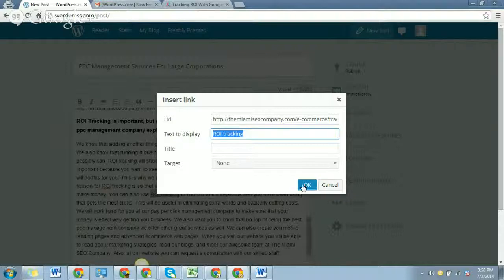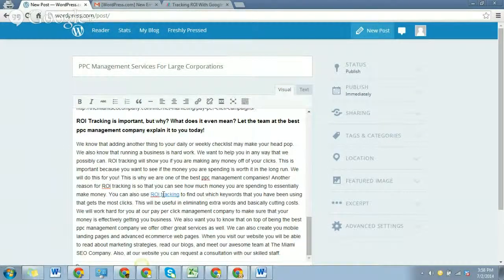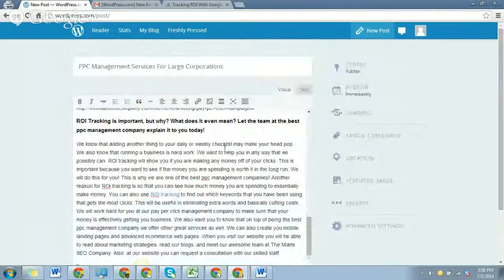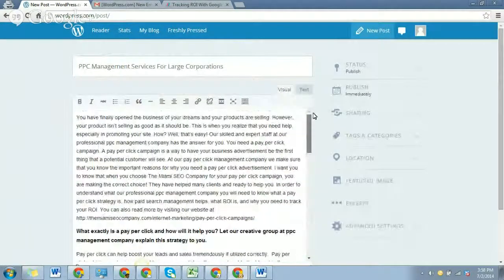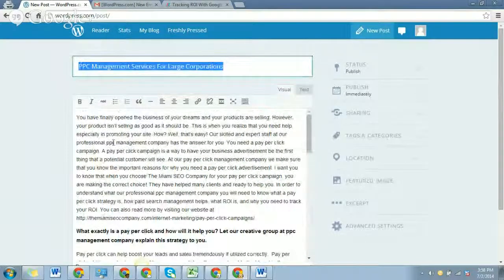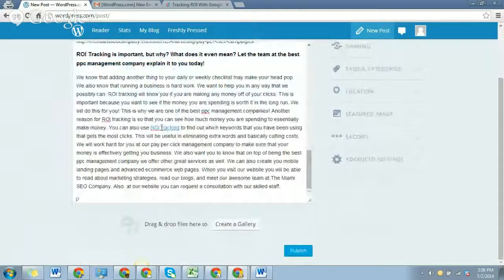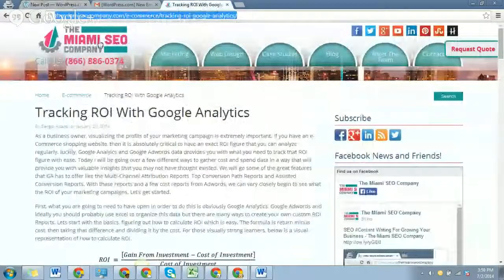So anyway, you would hit OK, and that turns it into a link. And that is the perfect example of how to use an outbound link to your website while using a different website. So right now we effectively created a website called PPC Management Companies in Miami.wordpress.com. If I were to hit publish right now, that web page would become live with all of this content, and there would be a link in it pointing to our page, the Miami SEO Company